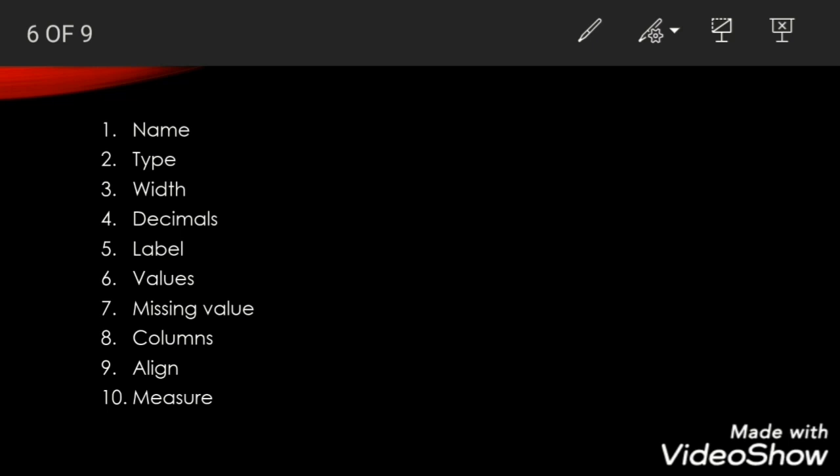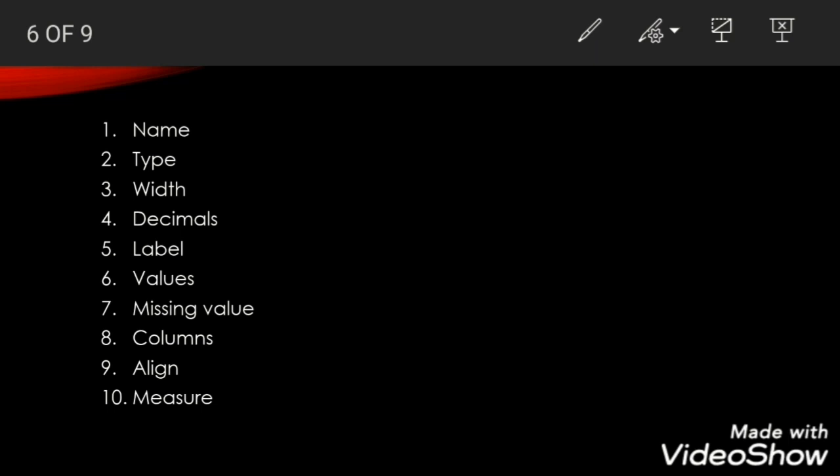Then values. This column is meant for grouping variables. It gives the keys to the meaning of the code numbers. The value dialog box is opened by clicking the gray area. The value and the labels are given in the value dialog box. And this is usually used for categorical data. Suppose we have to enter the values for gender, we can classify the gender into male and female. We can assign 1 to male and 2 to female.